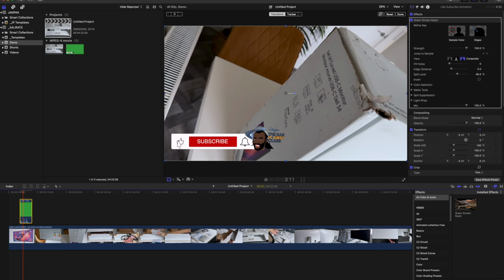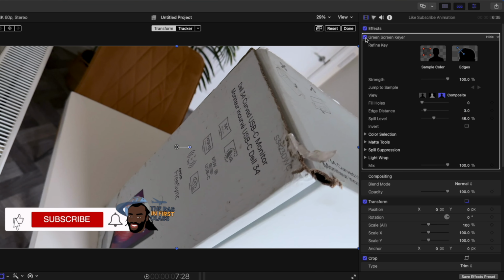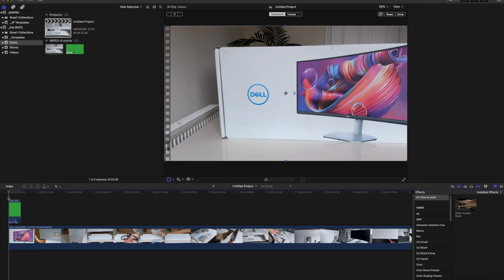And you can see that the green has disappeared from the logo. If I just deselect that, you can see the difference. So you can actually fix this. You just need to tweak some of the green screen key settings over here. So let's just increase this. Let's go all the way, and then the spill level, let's reduce that down to whatever looks good. You can just set it to 0 or whatever works. So now if we watch that back,